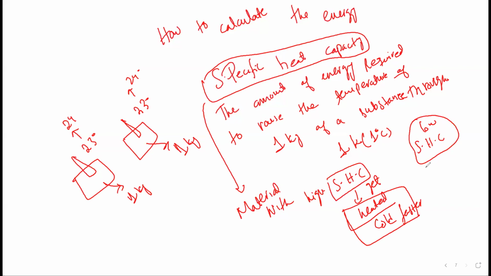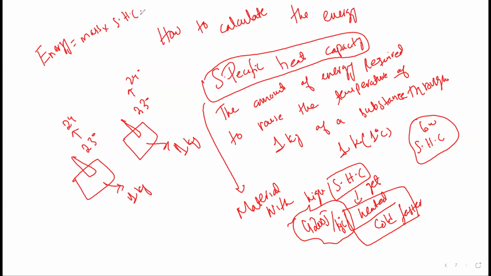The metals have low specific heat capacities, and why is that? Because they easily heat up and cool down, whereas on the other side, water is the usual example. Water has high specific heat capacity with a value of 4200 joules per kilogram degree C. So water will take time to heat up and to cool down. Okay? And the formula for specific heat capacity is given as energy equals mass times